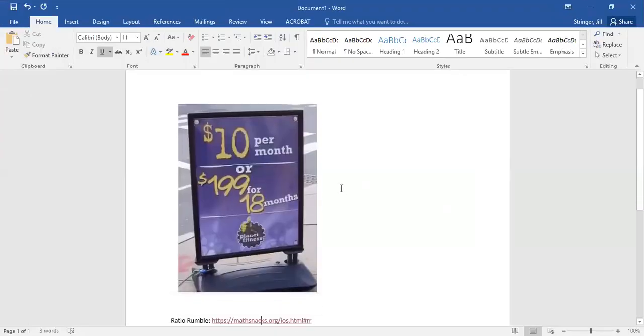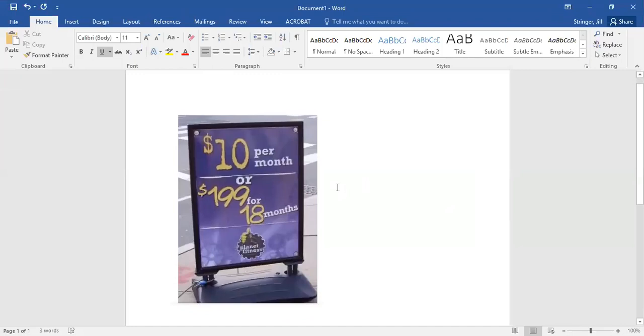So what I would then do is, let me reshare my screen here, is take a look at something like this. I might put this up then. All right, so tell me if you see this sign, because this is something we see all the time at the grocery store, right? $10, so for Planet Fitness, it costs $10 per month, or it's $199 for 18 months, you choose. So I wanna try and figure out, well, what's the best thing here? So I'm gonna write this down here so I have it. So $10 for 1 month, and I'll show this to you here in just a second. Or it's what, $199